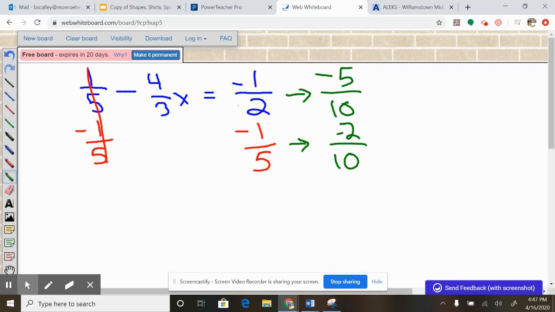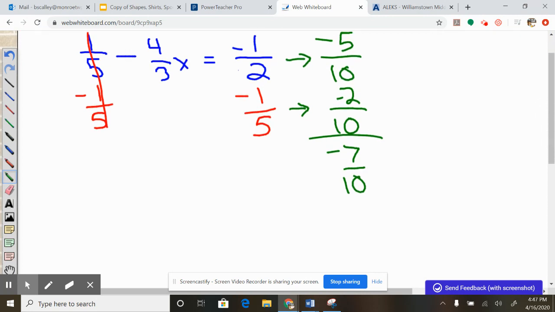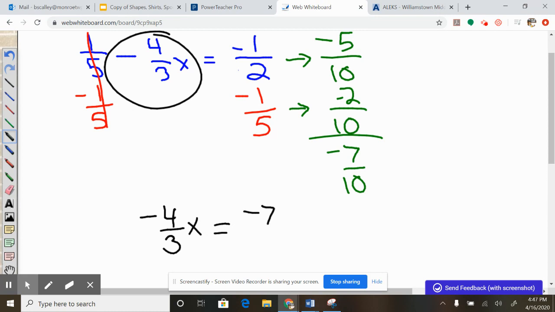So it was negative a half minus 1/5. Now it's negative 5/10 minus 2/10, which is going to give me negative 7/10. So when I look back here, I have, let me move this down, my equation, I still have the negative 4/3 x equals negative 7/10,